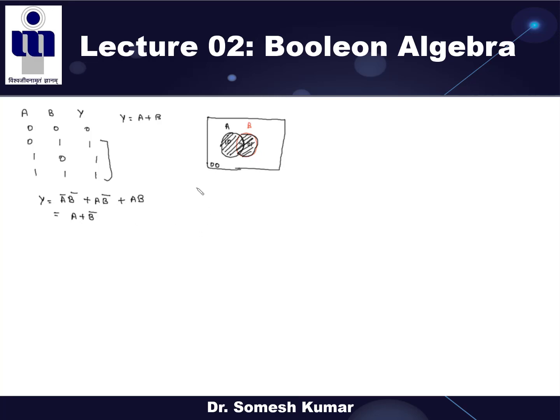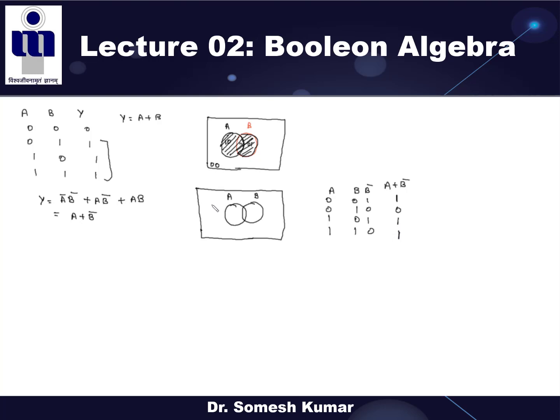So how can we represent this in the form of a Venn diagram? Suppose this is your A and this is your B. Also, if it becomes complex for you, then you can make the truth table of this function, right? So this is the truth table. B bar is what? 1 0 1 0. Now what is the first? 0 plus 1, 1. 0 plus 0, 0. 1 plus 1, 1. 1 plus 0, 1. This is the truth table.